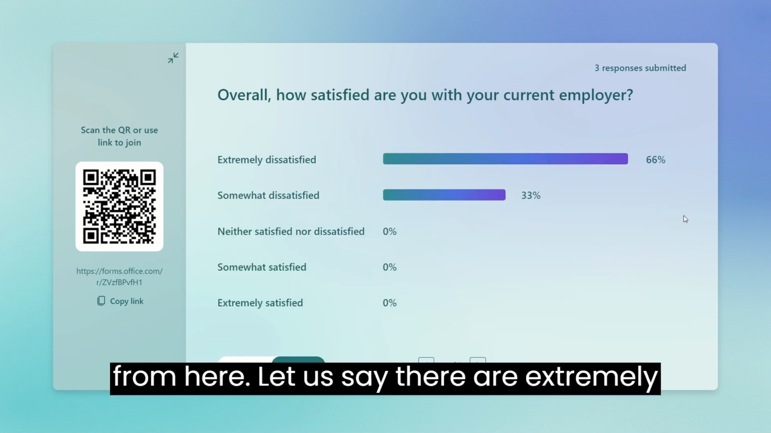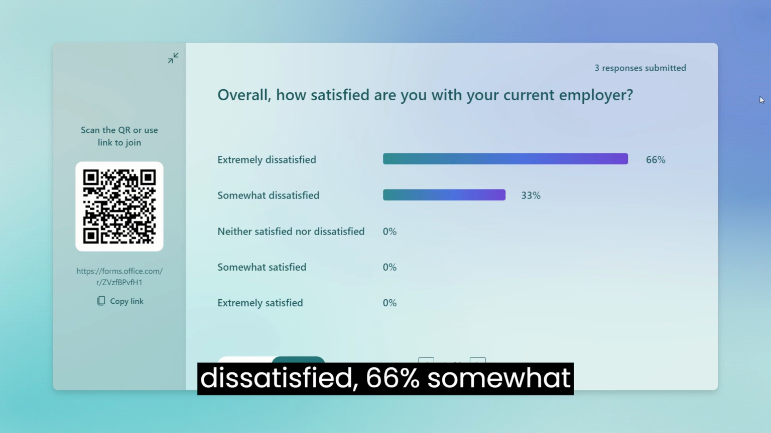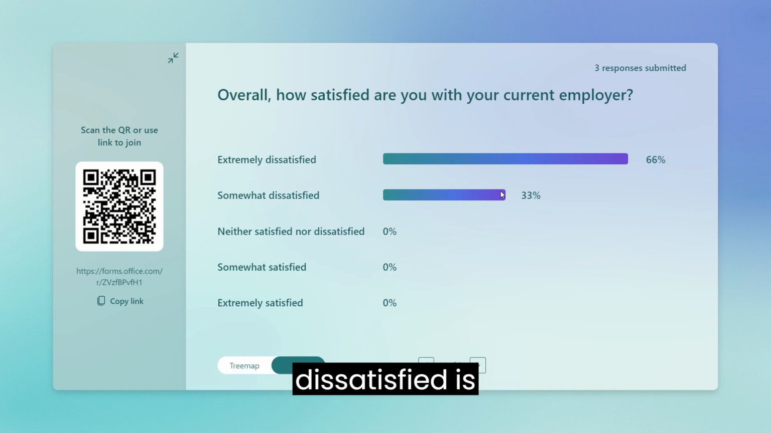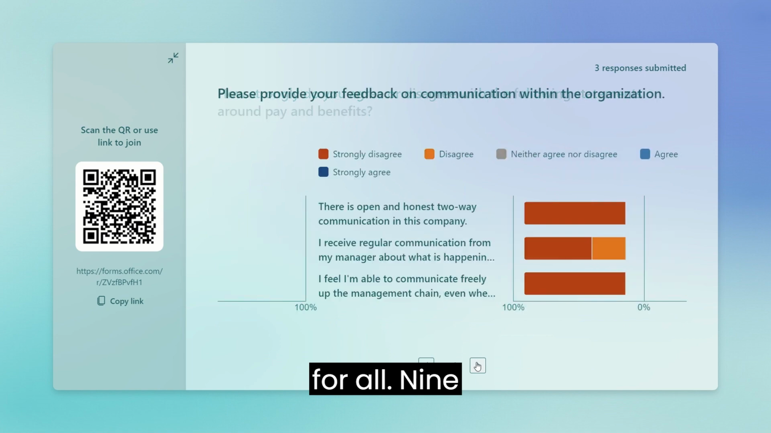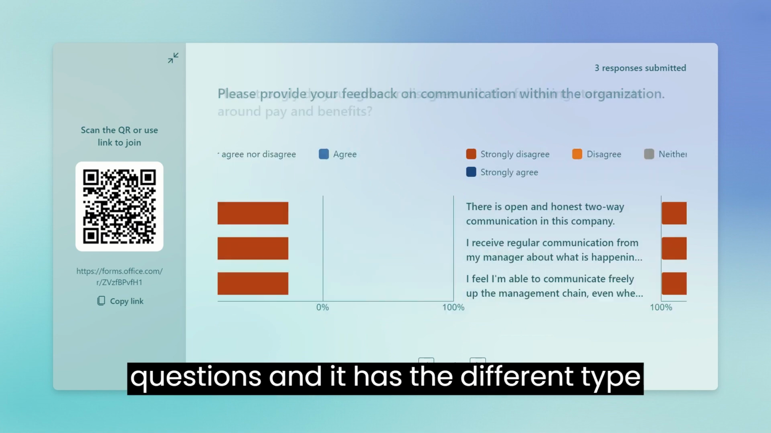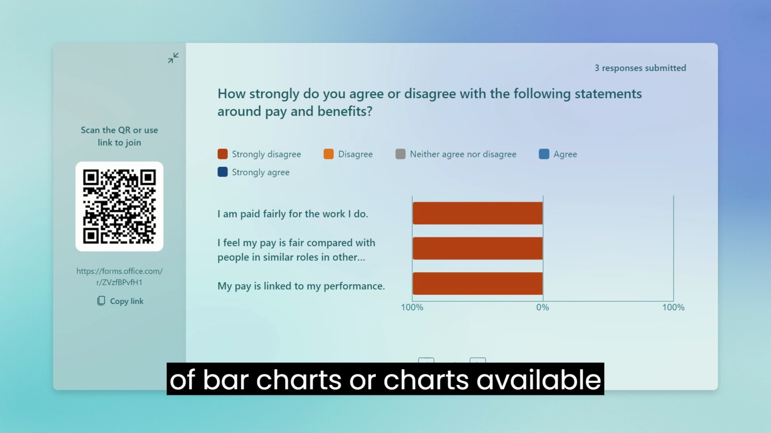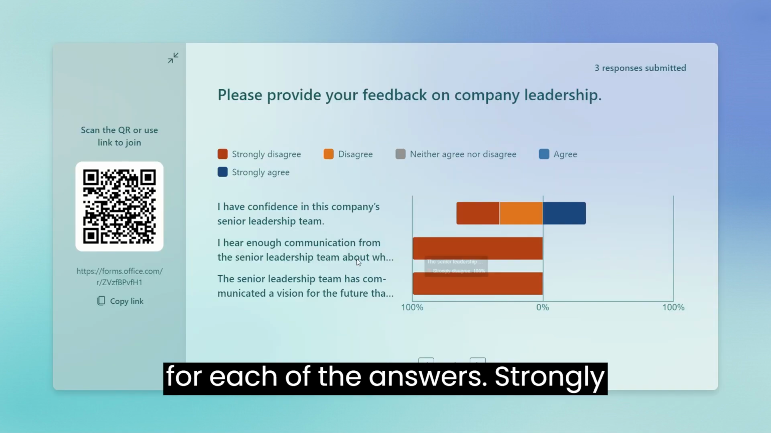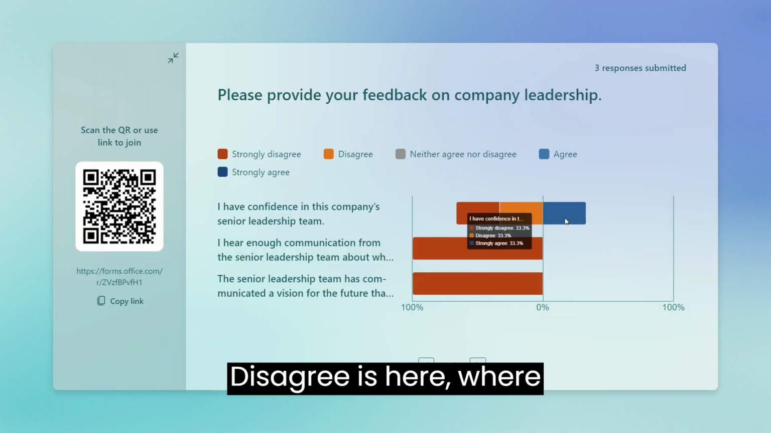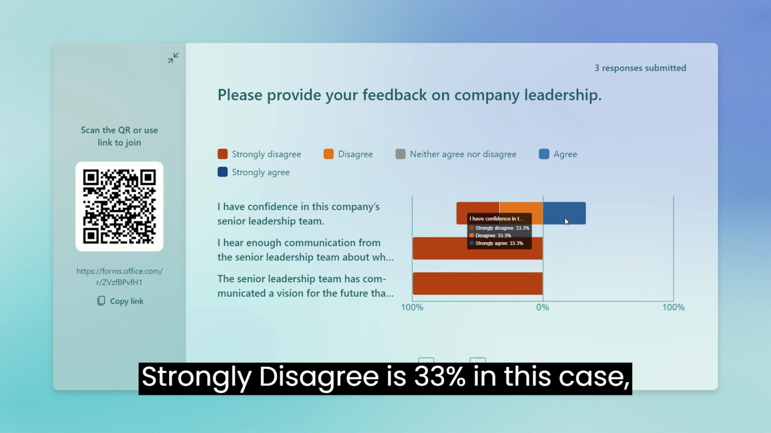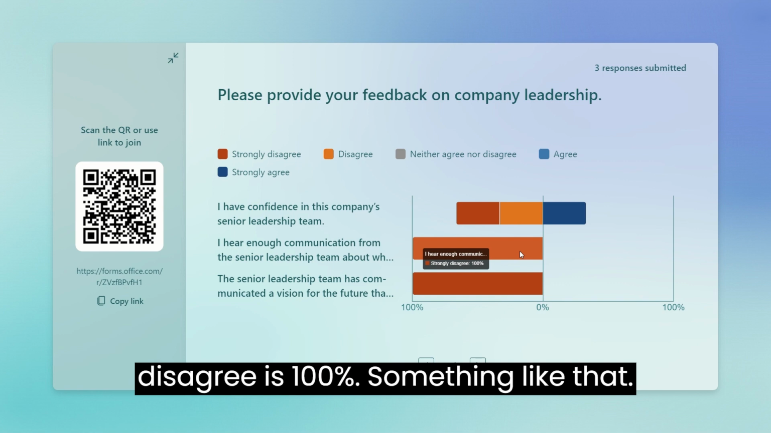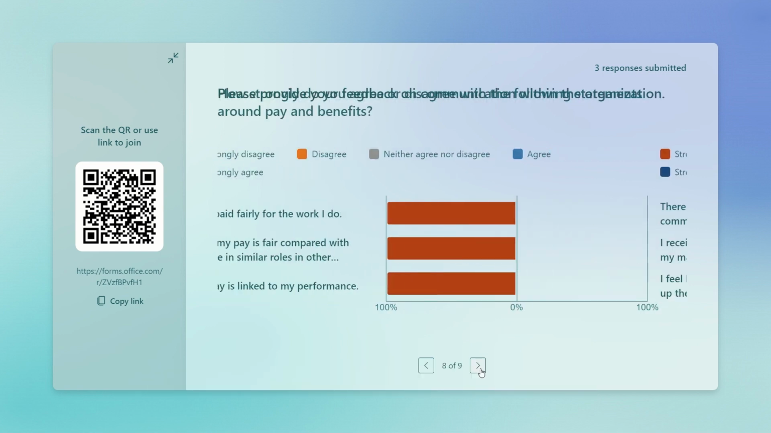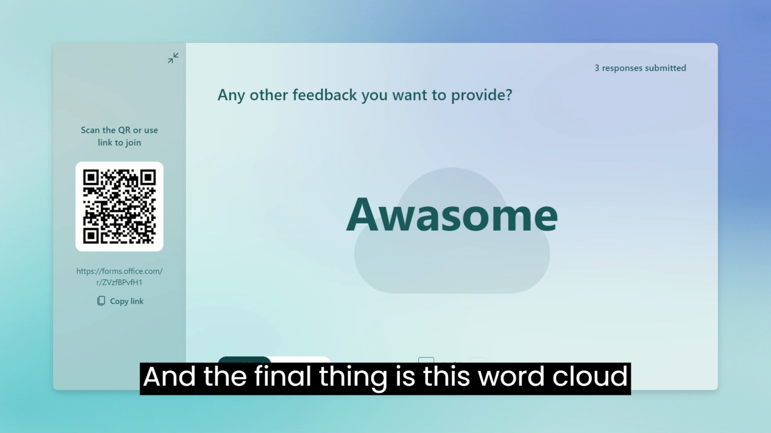I can see this from here. Extremely dissatisfied is 66%, somewhat dissatisfied is 33%, others have no answers. So it goes for all 9 questions, and it has different types of bar charts available for each of the answers. Strongly disagree is here, where strongly disagree is 33% in this case, but for this particular question strongly disagree is 100%, something like that. Okay, and the final thing is this word cloud,